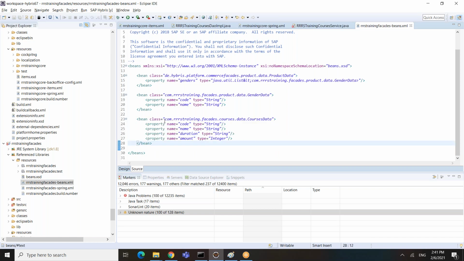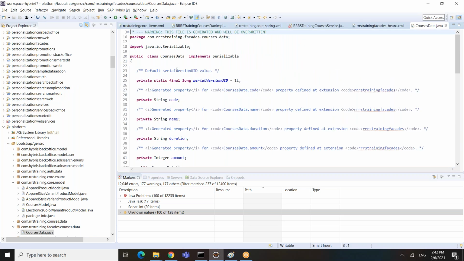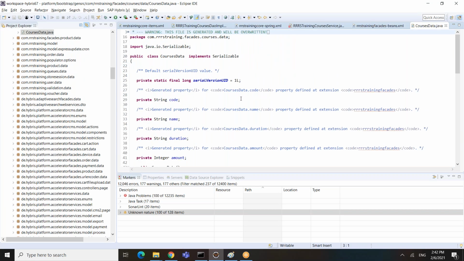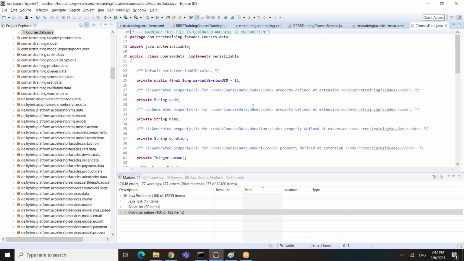Once you are done with this, you need to perform ant clean all so that the courses data class will be generated based on this XML configuration. So here the courses data is generated. I already performed ant clean all after defining this beans.xml, and this class is generated. Again, this class is basically setters and getters. So this class is basically used in the facades.